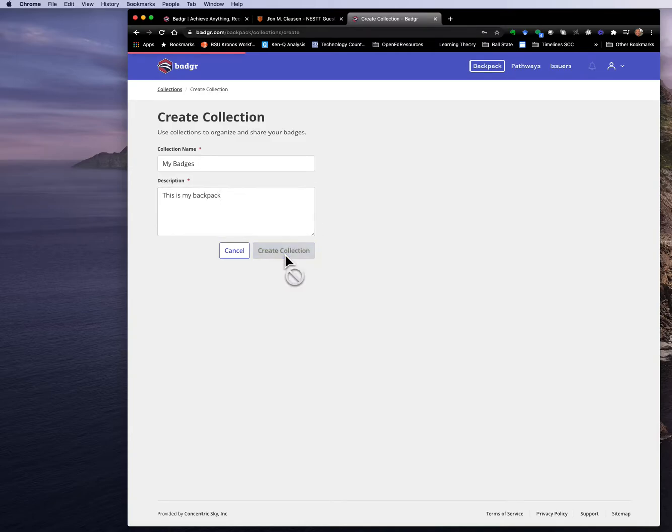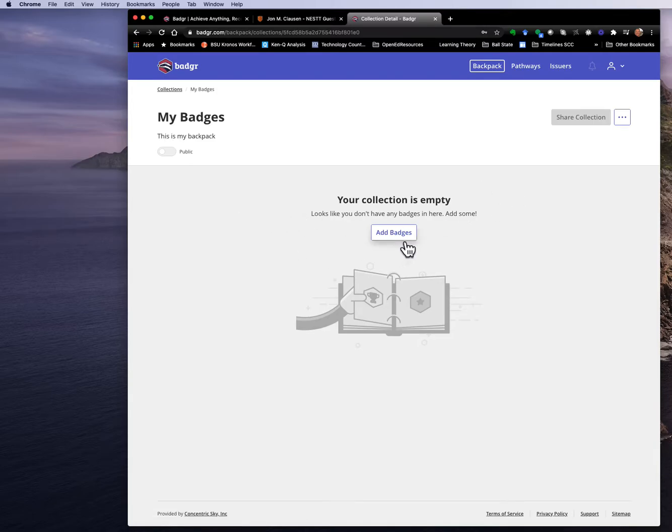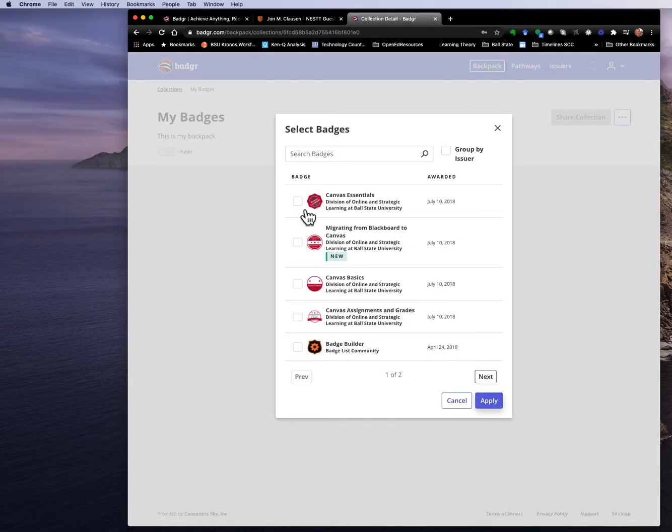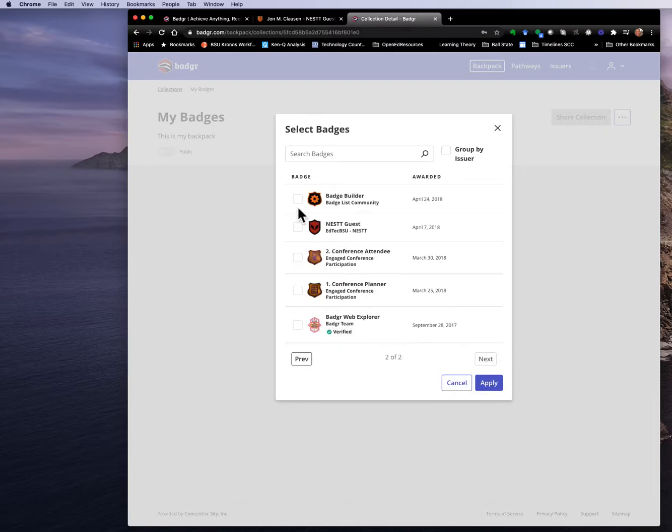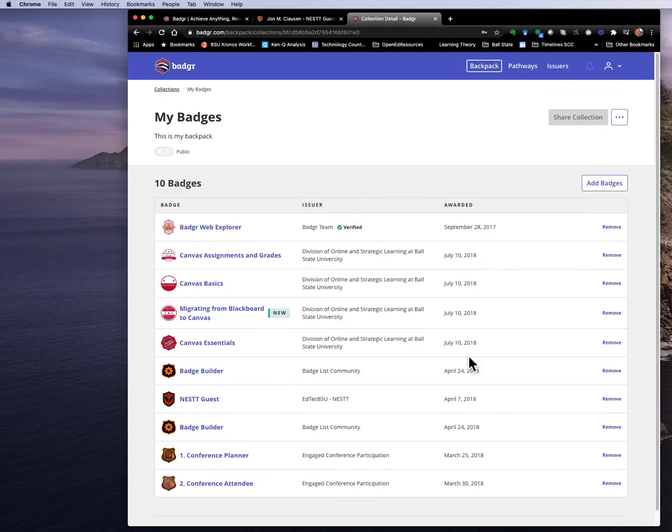If I create that collection, I can go ahead and add all the different badges that are already in my backpack. This is what I would like you to do, because you may have ones you've completed that have the EdTech BSU, but you may have others as well. It'd be great to see all the different credentials you may have acquired throughout the semester, whether they were part of our course or extended beyond that. So go ahead and click all of them, click apply,